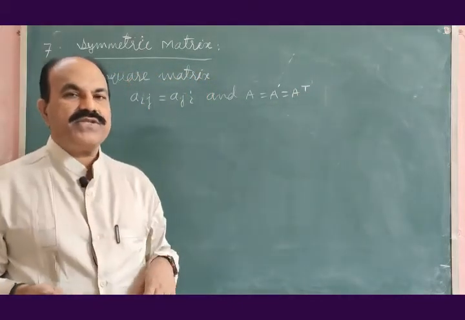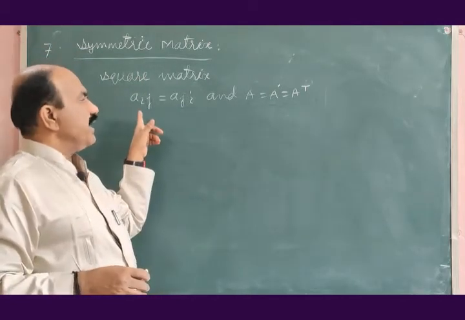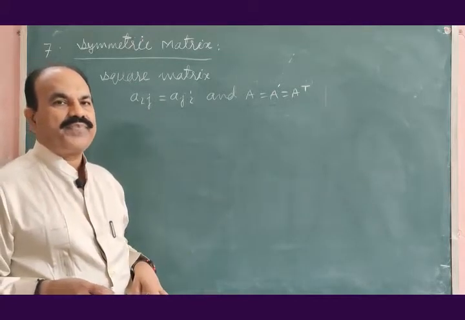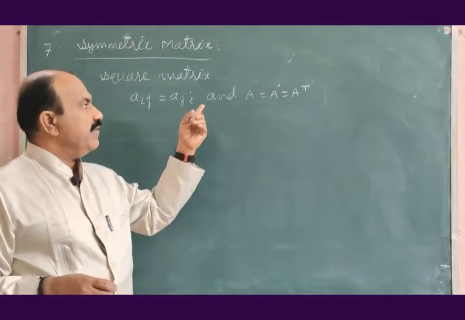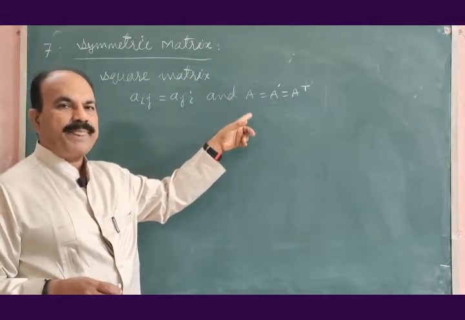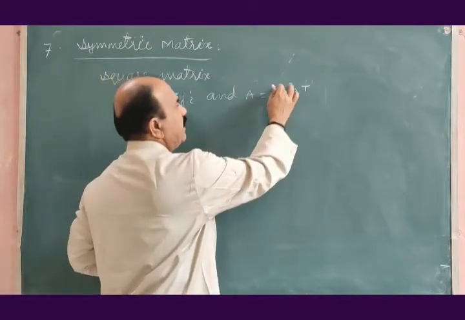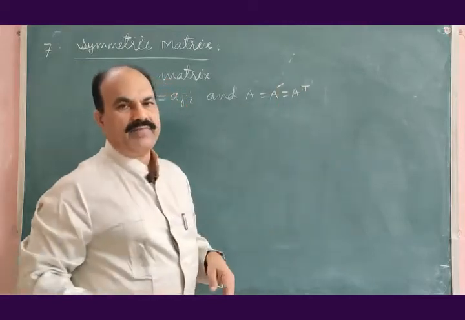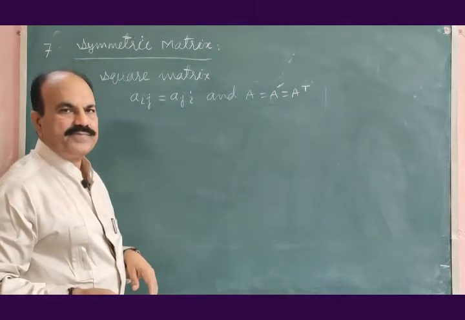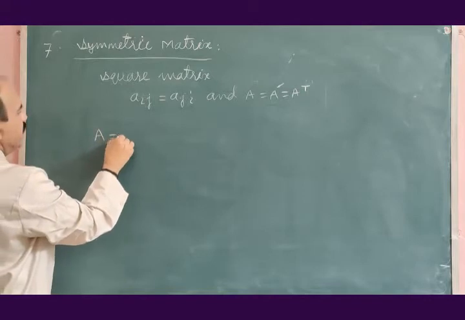Symmetric matrix is a square matrix such that Aij is equal to Aji and matrix A is equal to transpose of A, which is represented either by A prime or A dash or At. For example, matrix A is equal to